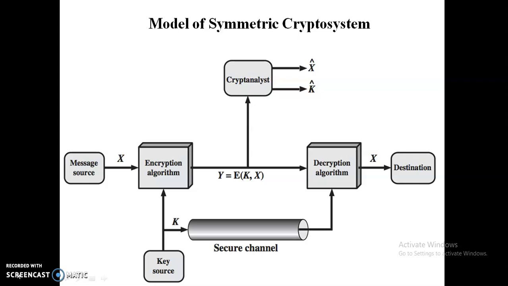Okay, so we need not keep the algorithm secret; we have to keep the key in a secret manner. With the use of symmetric encryption, the principal security problem is maintaining the secret of the key. Here, one of the main tasks in the symmetric crypto system, or the symmetric encryption model, is that you have to keep your key in a secure manner.